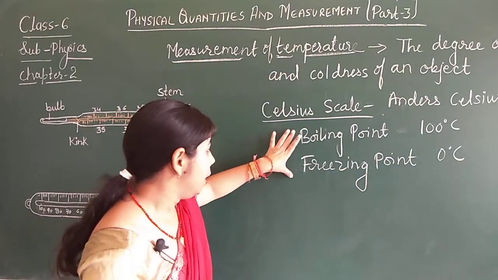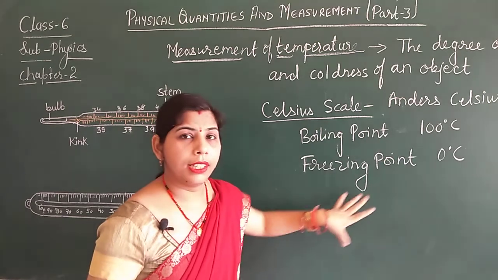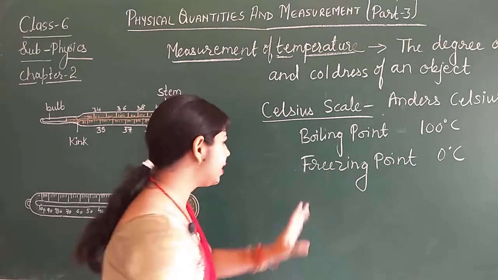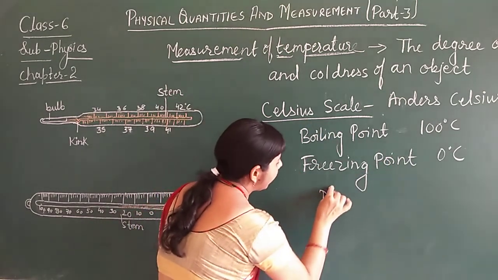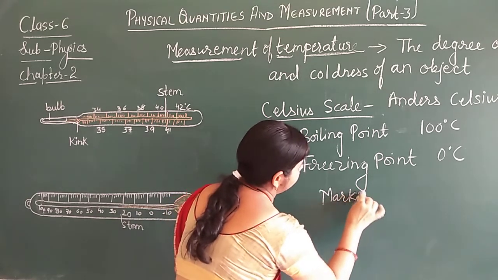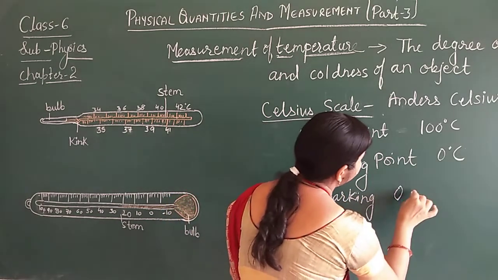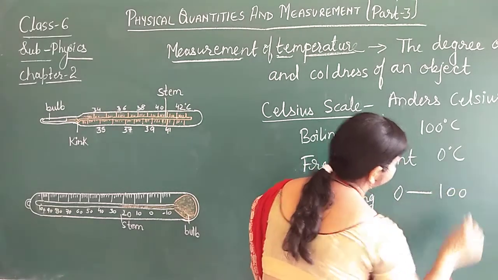Between these 2 points, the markings are from 0 to 100,